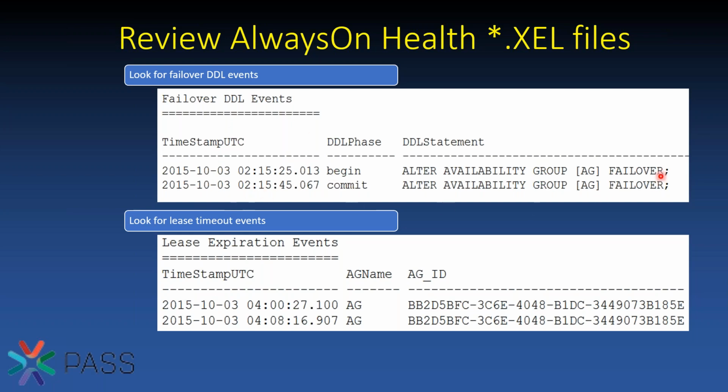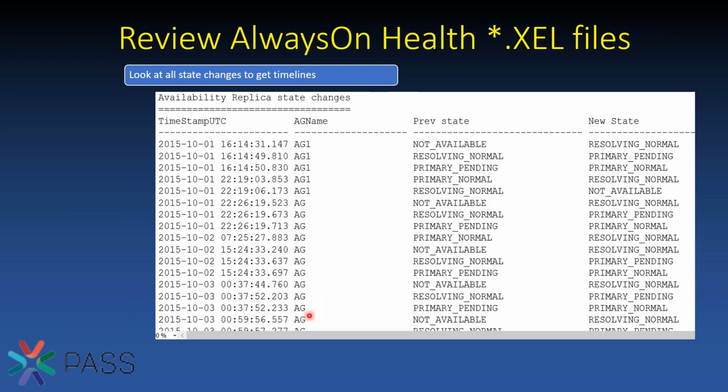Sometimes it's as simple as someone issued a failover command. If we have DDL statements in there that track if someone actually issues a failover from within SQL or PowerShell, if they fail over the group, there will be an alter availability group command in there. If I have a lease timeout, I will see that real quick and easy as well. Other types of things that I will see in the AlwaysOn Health events,